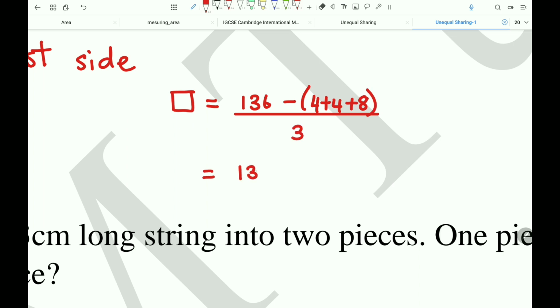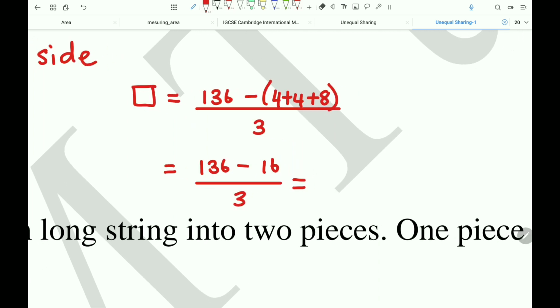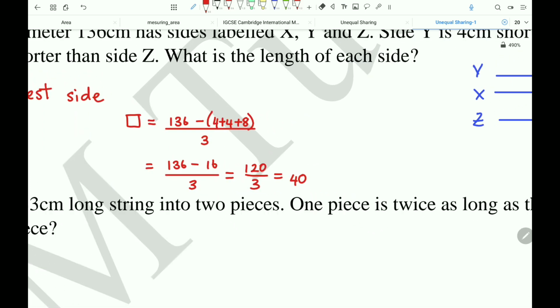So this is 136 minus 16 divided by 3, which is 120 divided by 3, which is 40. Right, so box is equal to 40,